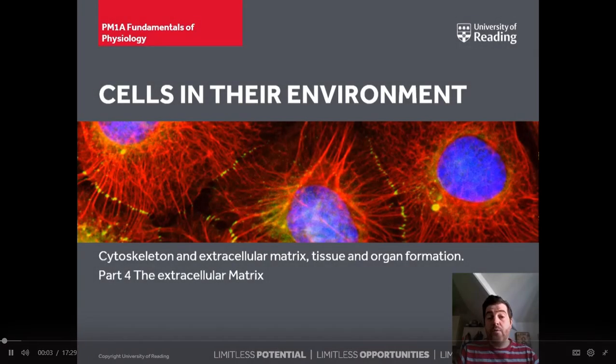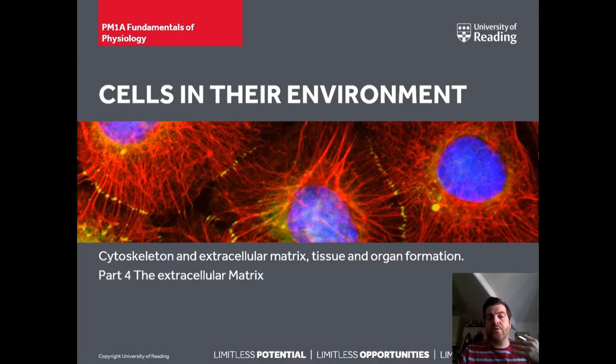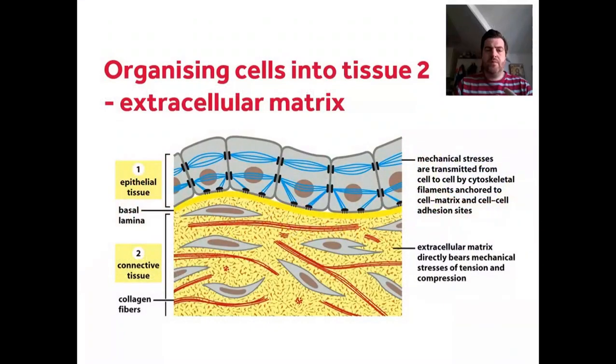This is part 4 of cells and environment, where I'm going to start talking about the extracellular matrix. So we've talked about how tissues connect and the cytoskeleton. Now we're going to talk about the extracellular matrix. As I just said before, we were talking about how cells connect to each other. And now we're going to talk more about how cells connect to basement membranes and the extracellular matrix which surrounds